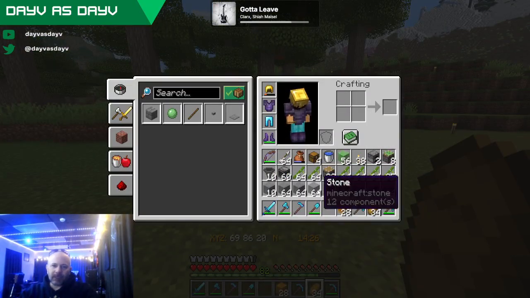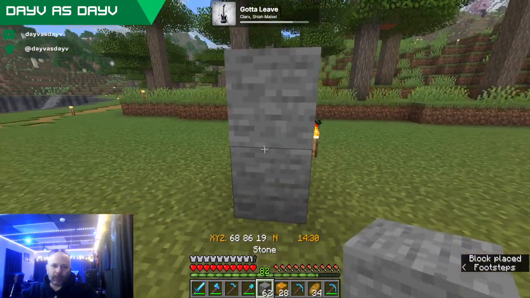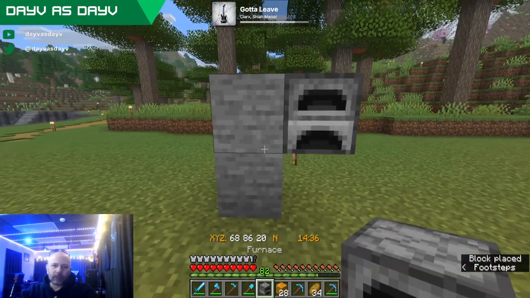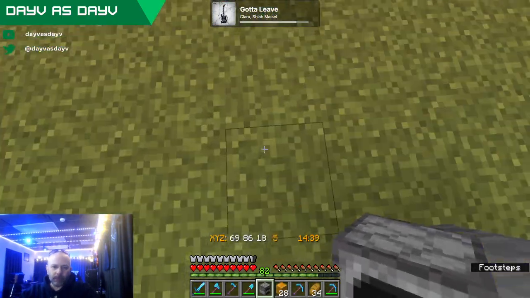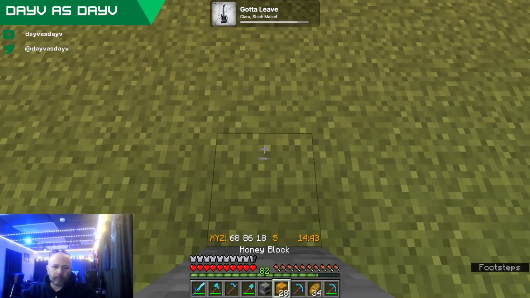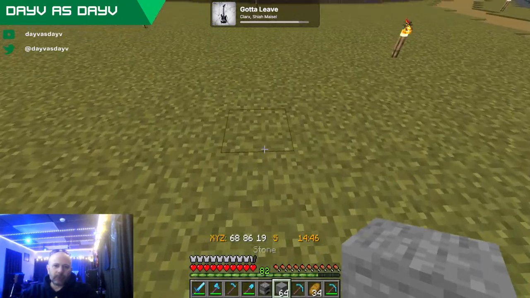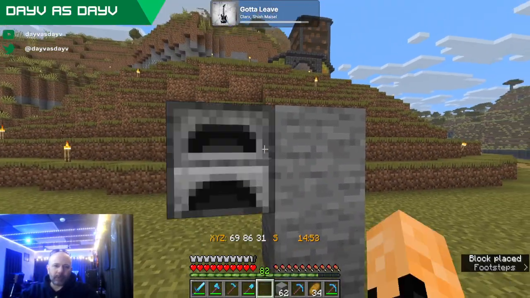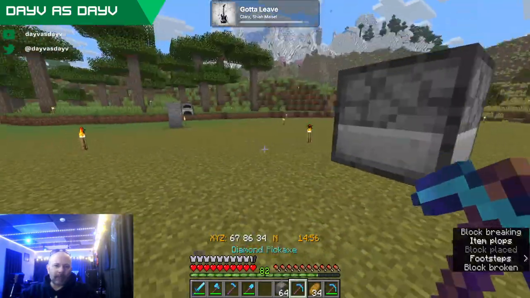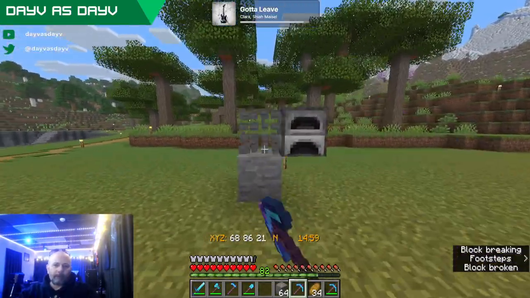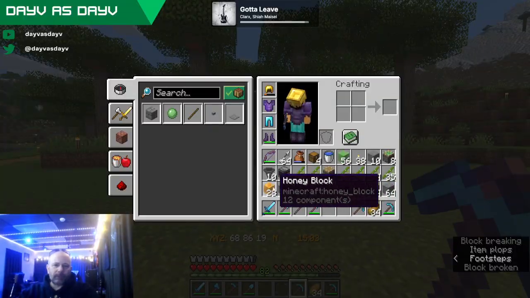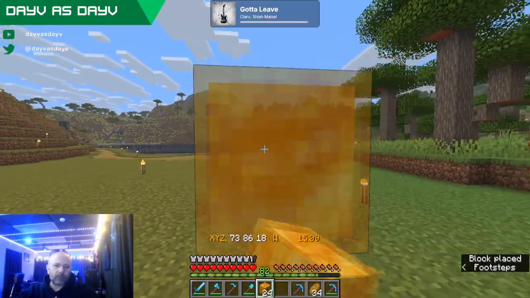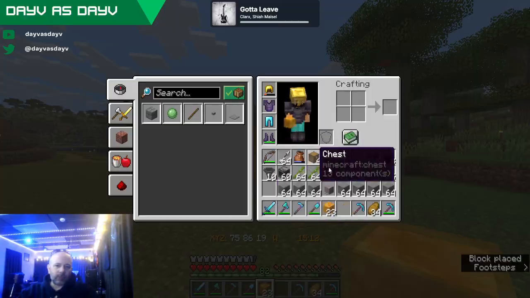Okay, let's see here. Let's raise it up a couple blocks. Then we're gonna put a furnace here. Then we're gonna go in a straight line. 1, 2, 3, 4, 5, 6, 7. Well, it doesn't matter how many. We're gonna put the next furnace right here. So maybe I might have to adjust things a little bit. We're gonna build off that with 1, 2, 3, 4, 5.